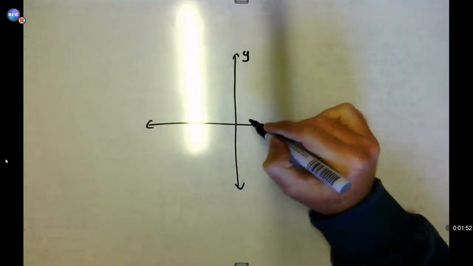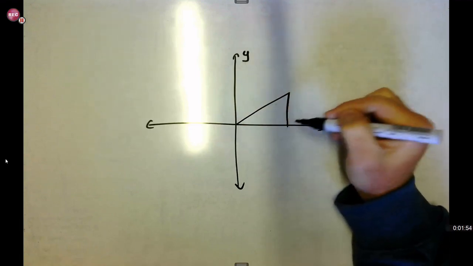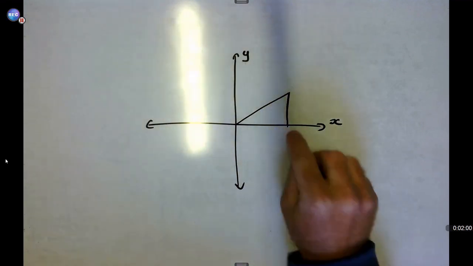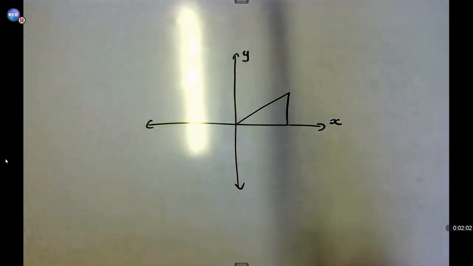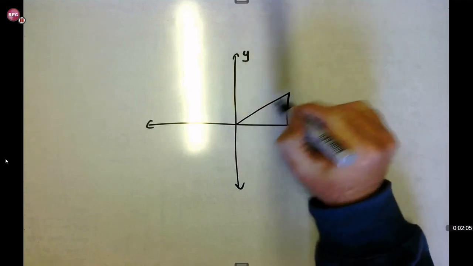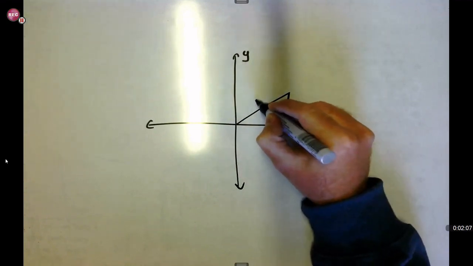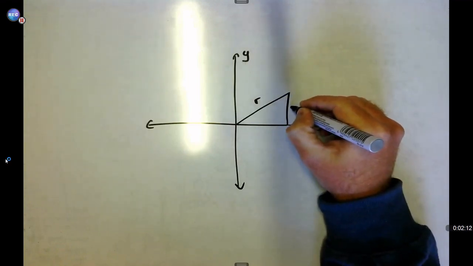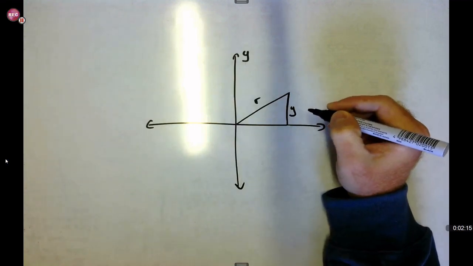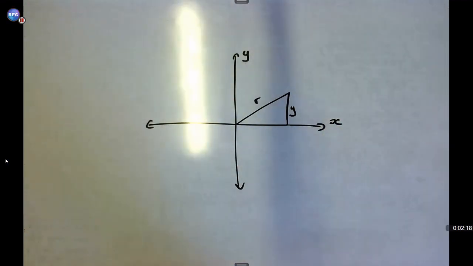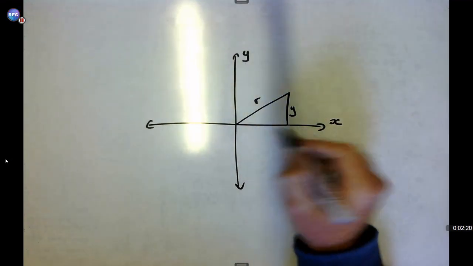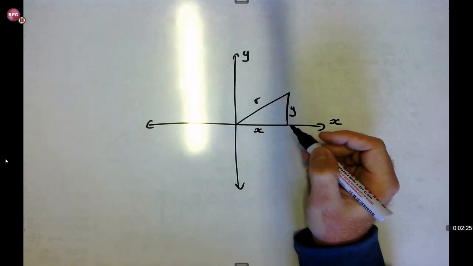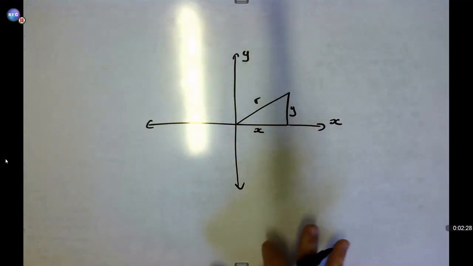Now I'm just going to put in a right angle triangle like this quickly, and then you need to understand that the slanted or the diagonal side, which is also your longer side, is your hypotenuse. The vertical side is your y axis, or your y, your height obviously, and then your horizontal side is your x-axis or the base of your triangle. Okay, so this is how you would work with it.